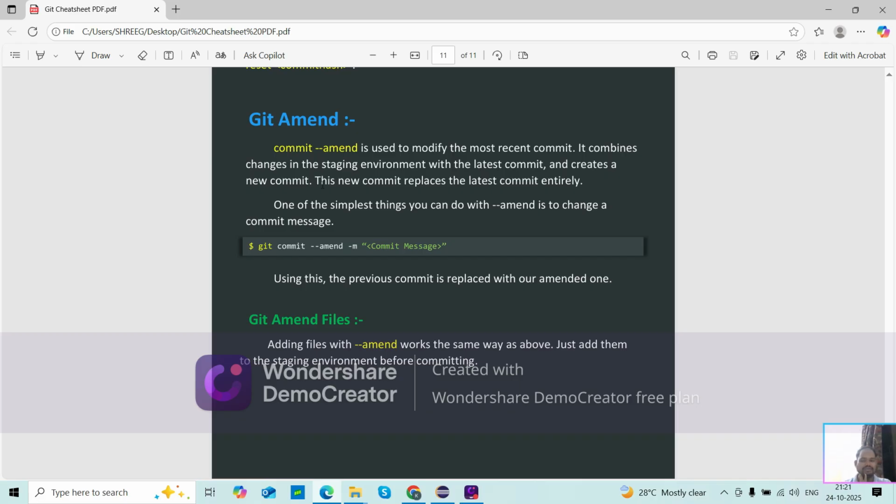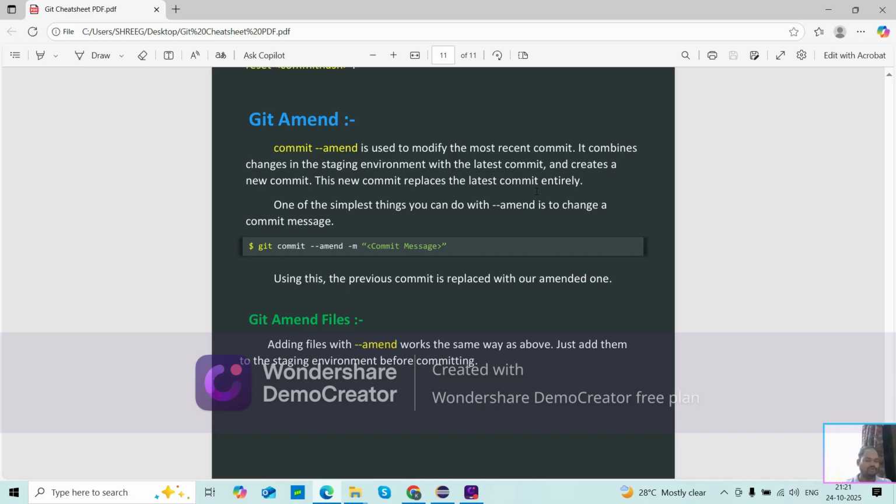It combines the changes in the staging environment with the latest commit and creates a new commit. This new commit replaces the latest commit entirely.